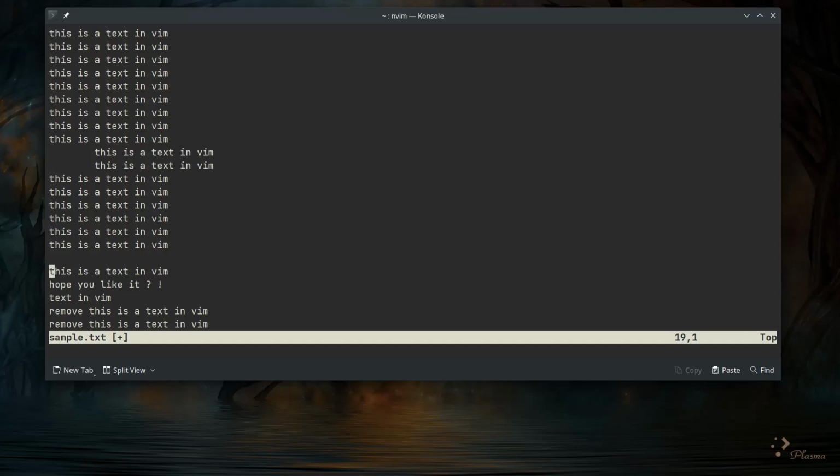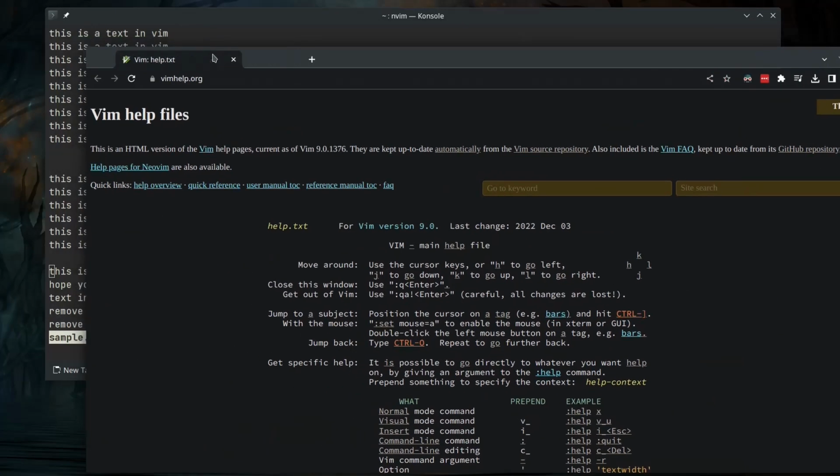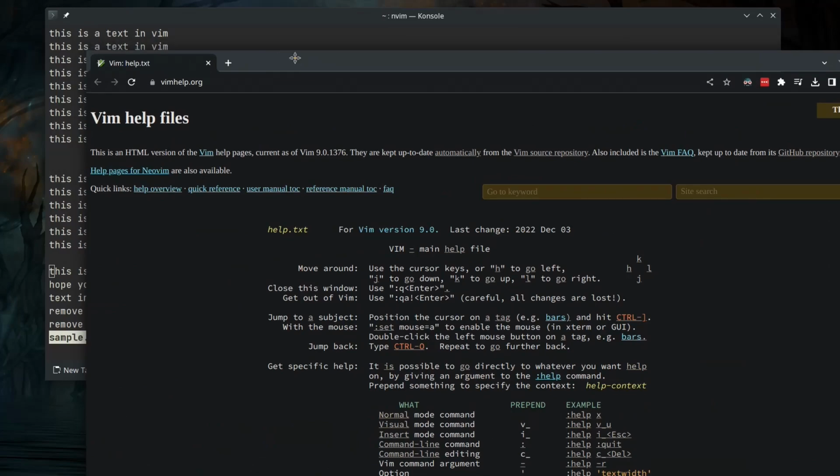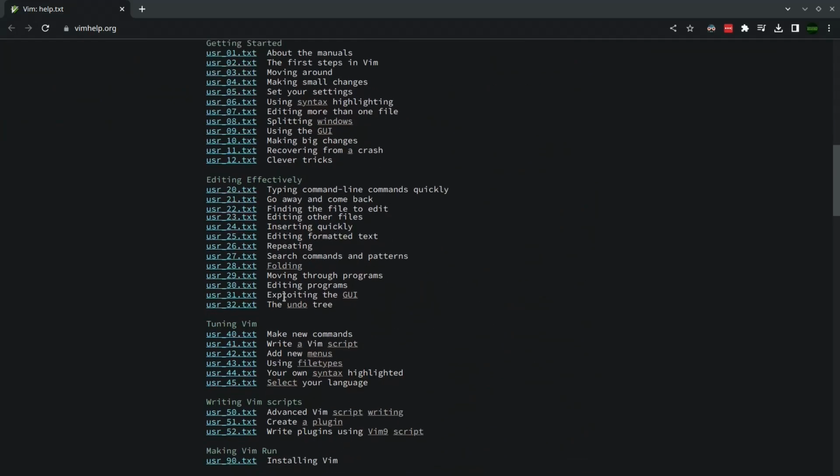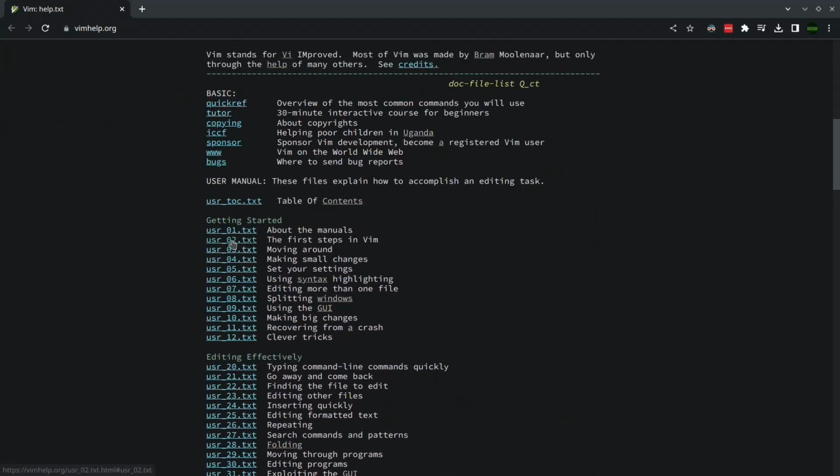And if you want to dive a little bit deeper, there's a whole lot of resources out there. And to get started, there is the Vim tutor. So on vimhelp.org, this is the website, you have the documentation in here. And I would suggest you just look at this if you get started. Of course, you've looked at my video. But yeah, you can also practice